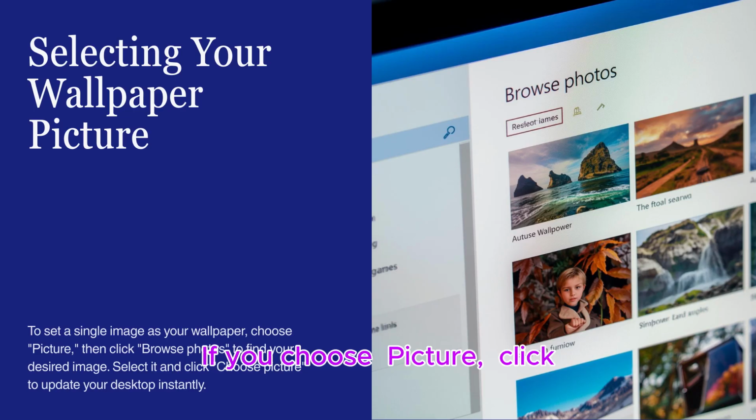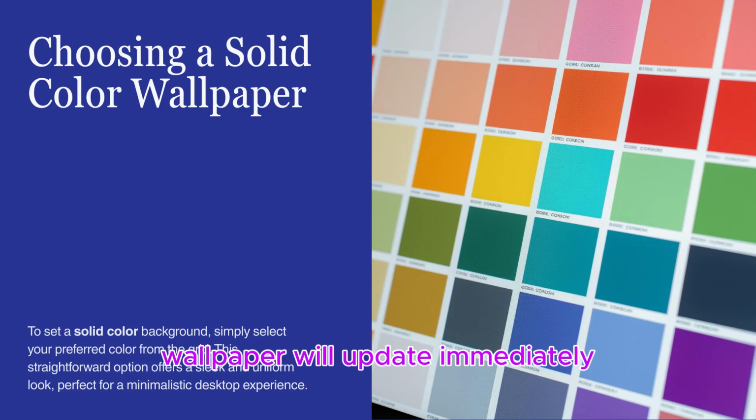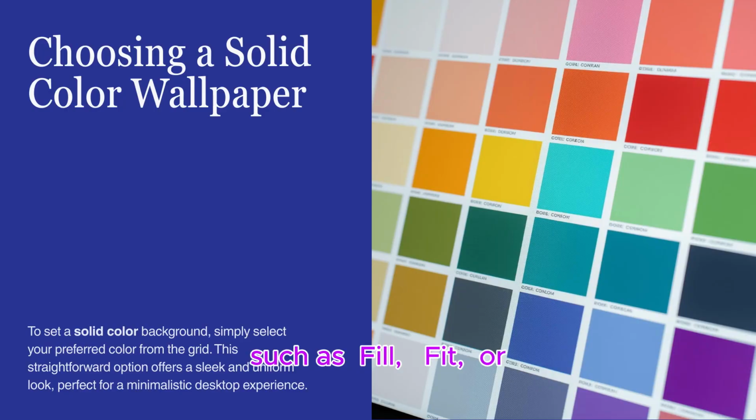If you choose Picture, click Browse Photos to find an image from your files. Navigate to your desired picture, select it, and click Choose Picture. Your wallpaper will update immediately. You can also adjust how the picture fits your screen using the Choose a Fit option, such as Fill, Fit,